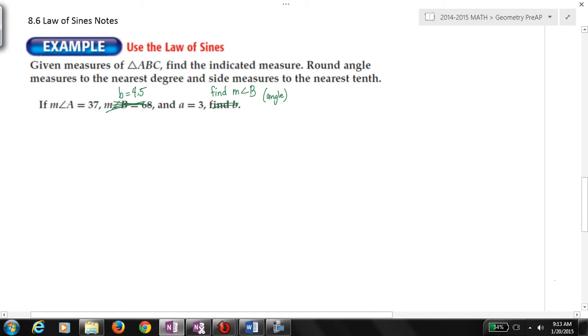Alright, now we're moving on to a different type of example. Same thing, law of sines, but this time there's no picture. Given the measures of triangle ABC, find the indicated measure. They want us to round again the same thing, round to the nearest degree, and side measures to the nearest tenth. I did make these changes to the notes, so make sure that you change these